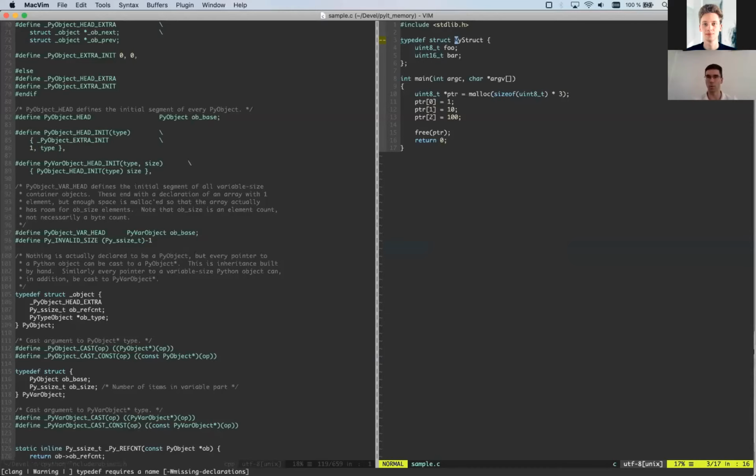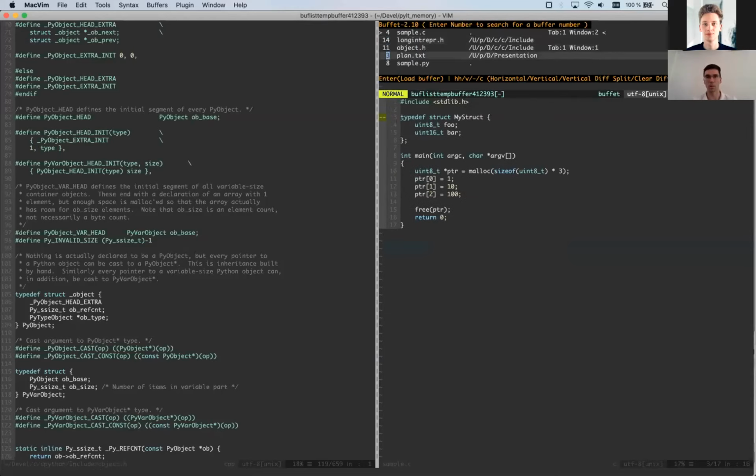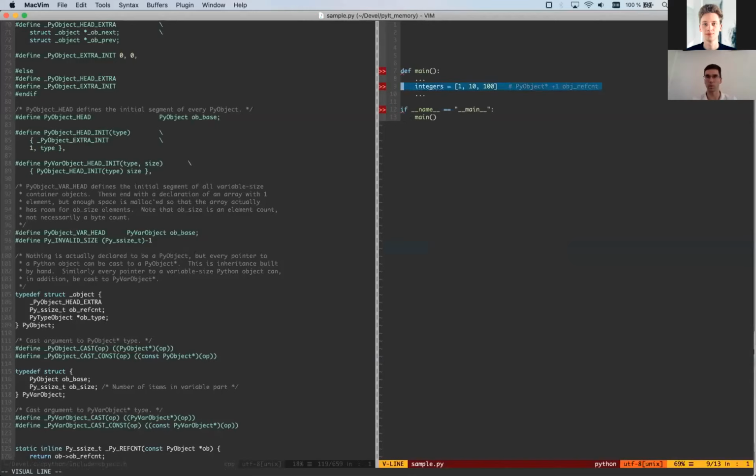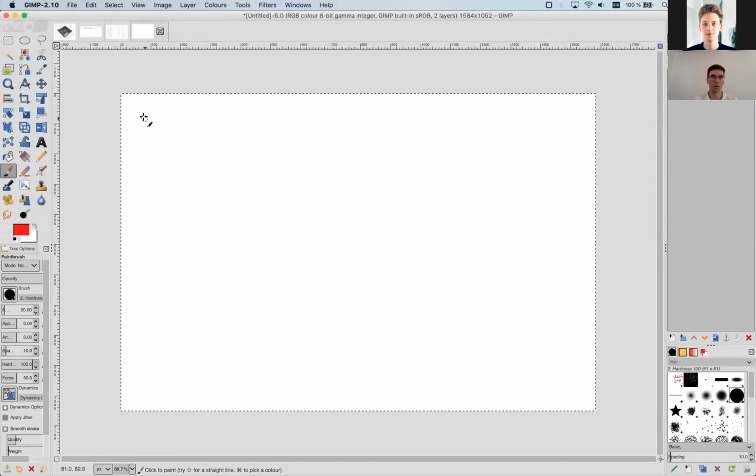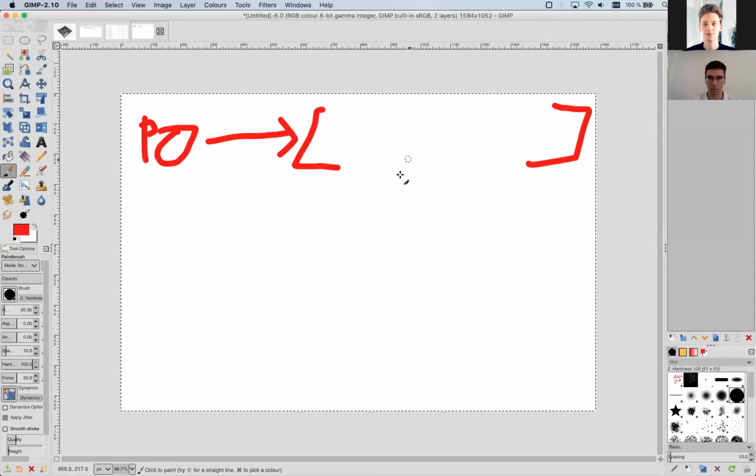The problem, let's go back to this example. The problem with that is that you have PyObject pointer integers, which points to the list of like 3 items.